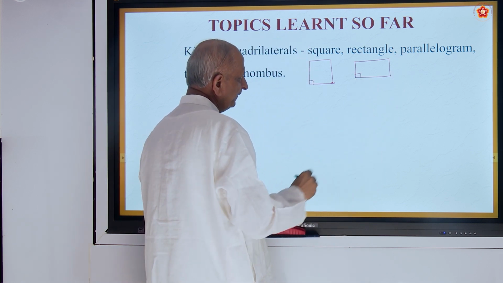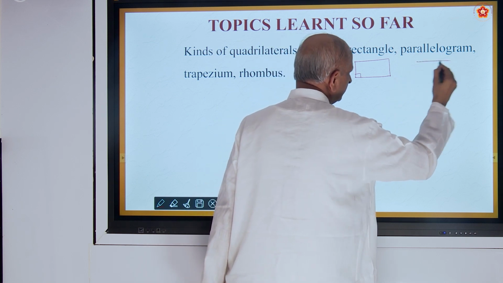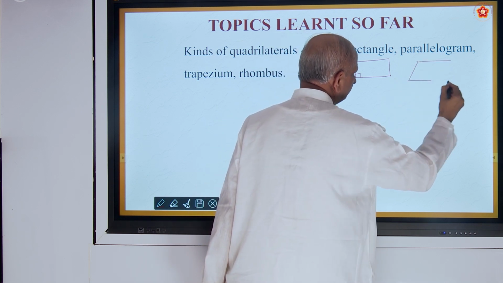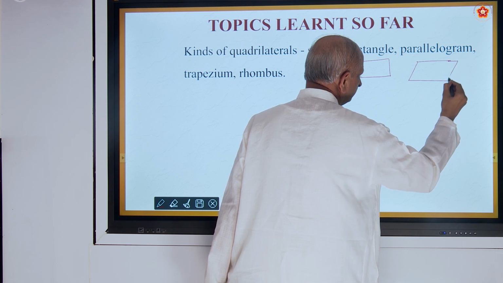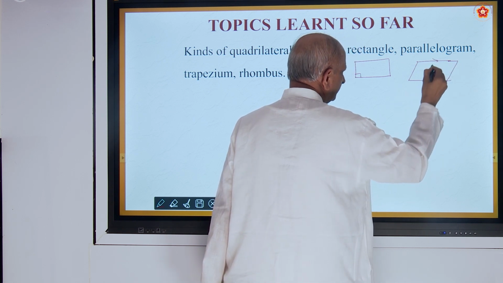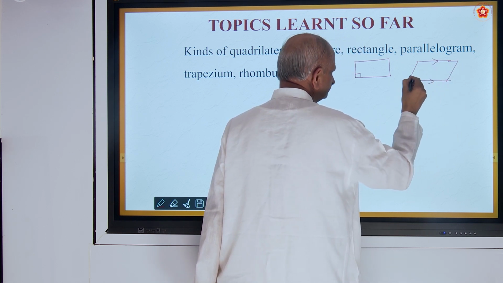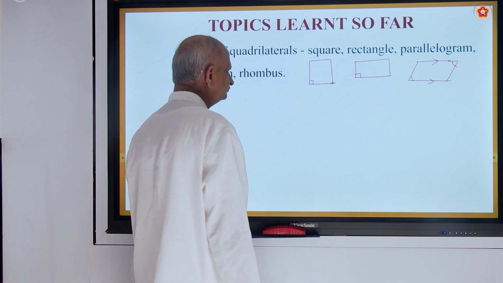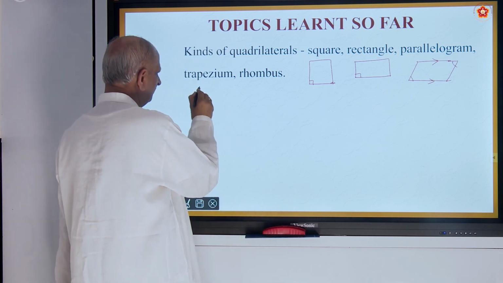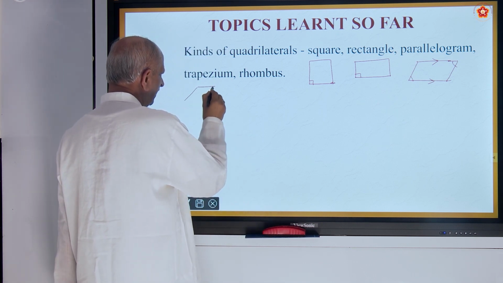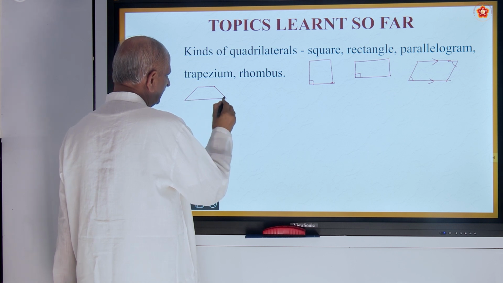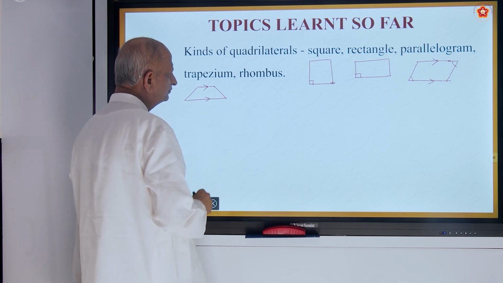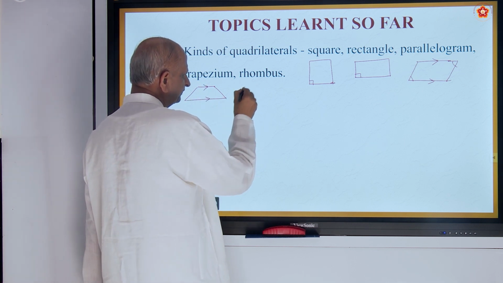And in case of trapezium, you have, so opposite sides are equal and parallel and opposite angles are equal. In trapezium, one pair of sides are parallel to each other. In case of rhombus,